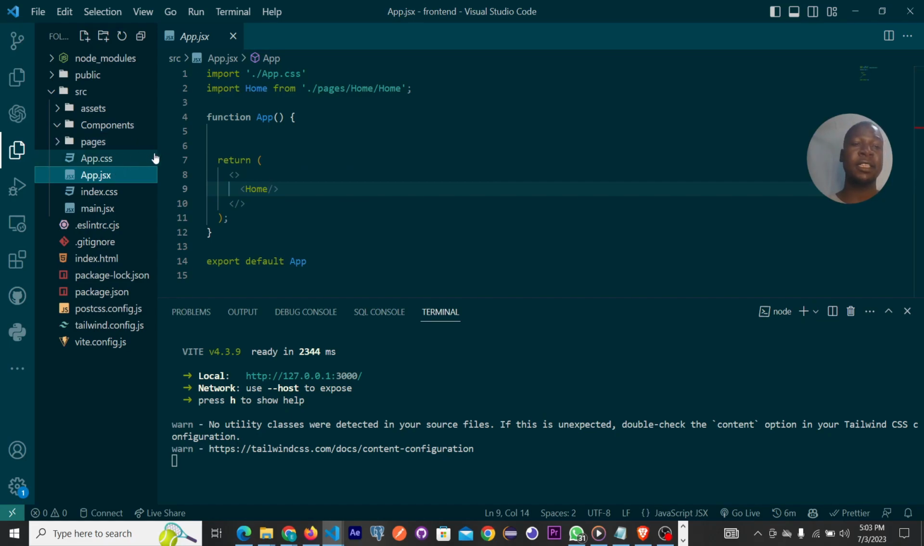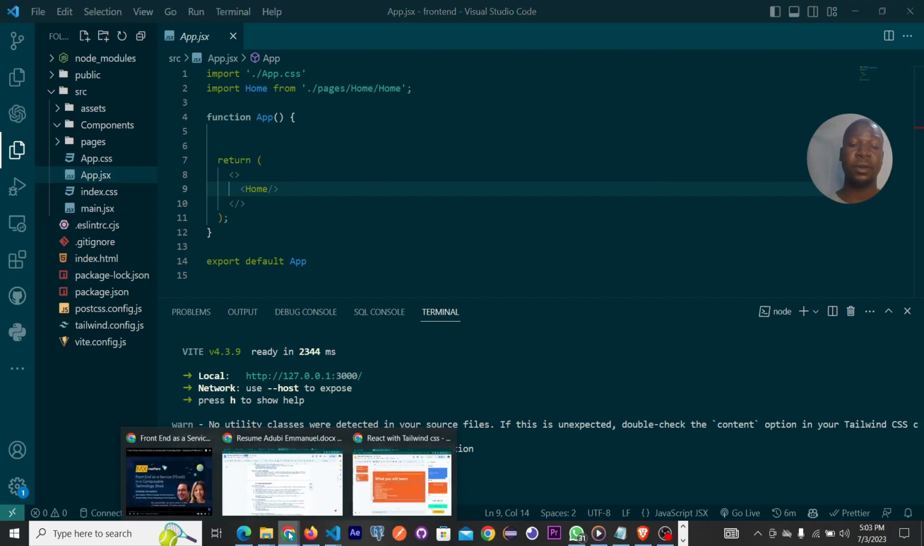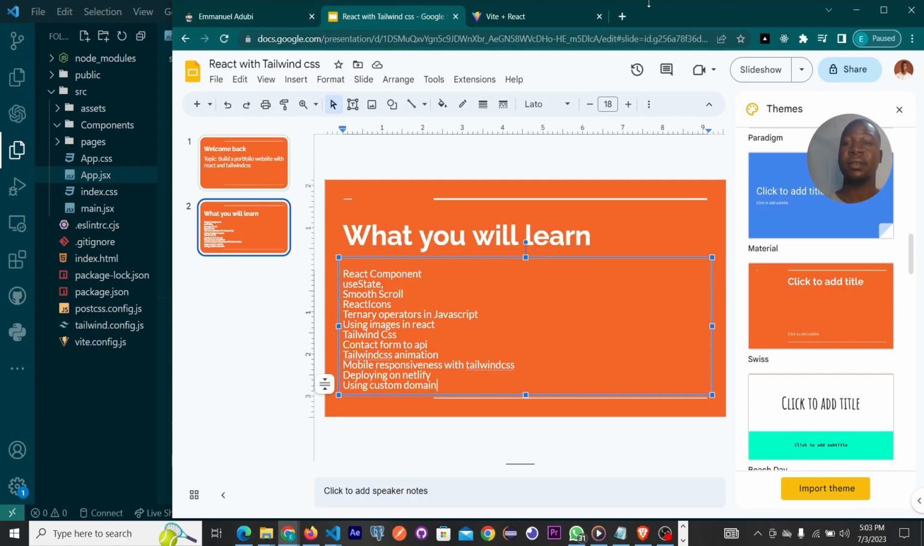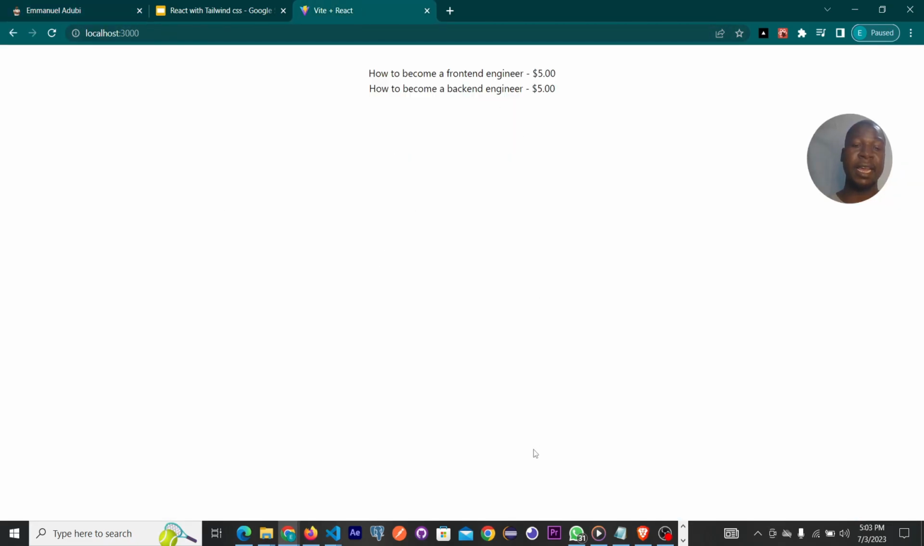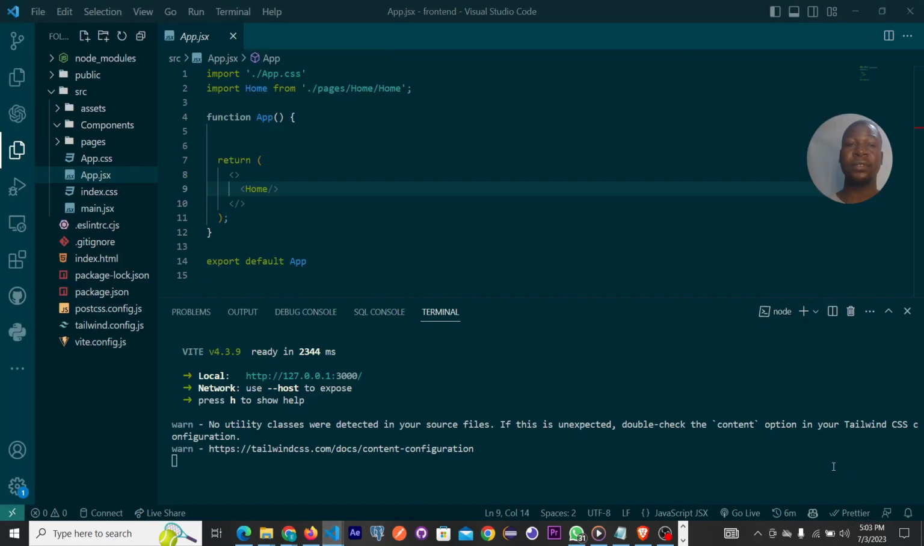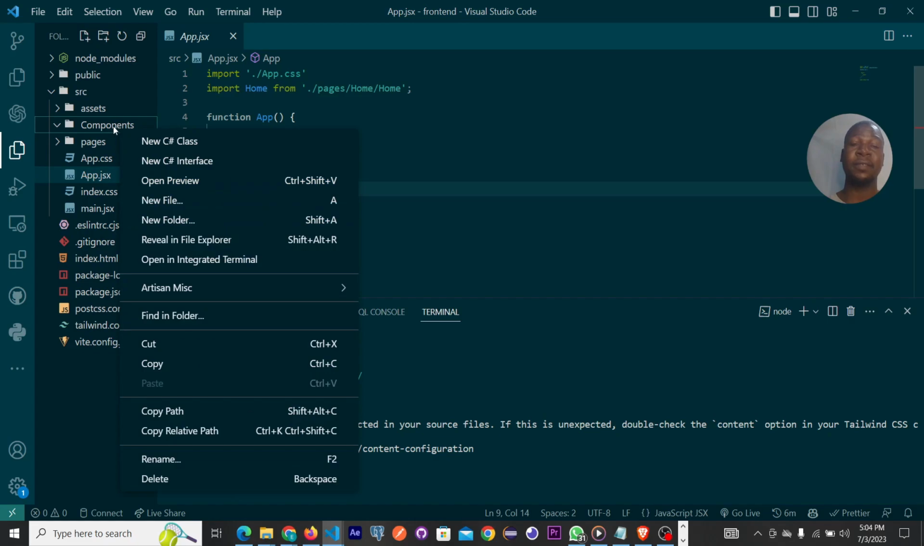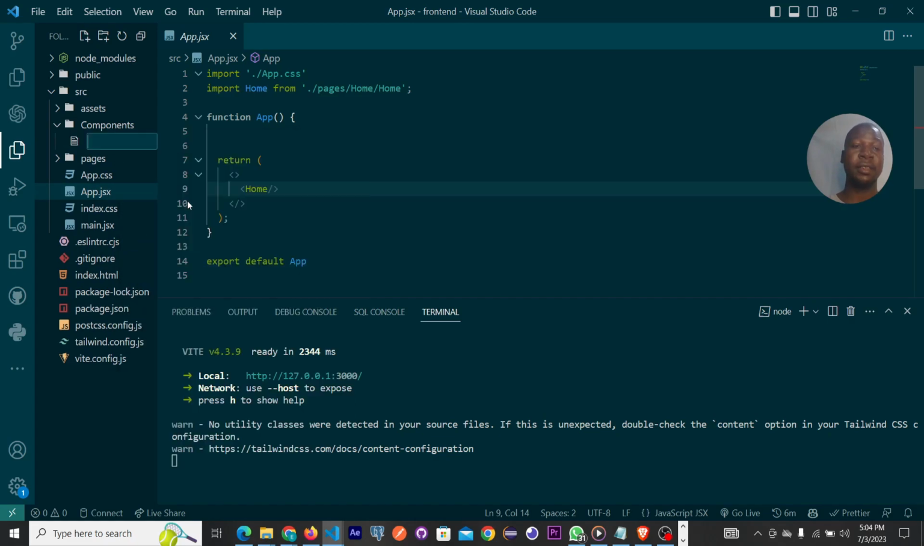All right. In the components, the first component we are going to work with is the navigation bar, because if you look at the app here, let me maximize, you will see that we have a navigation bar that has my name here, and it also has some navigation buttons here. So how do we create something like that here also? What we're going to do is right click on the component folder and create a new file, call it